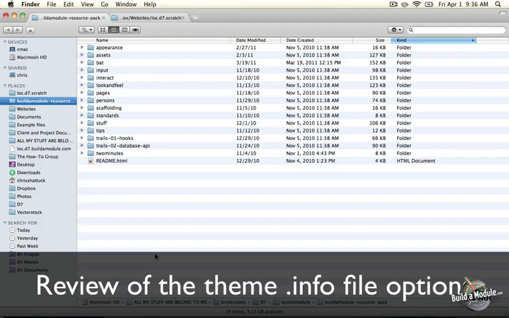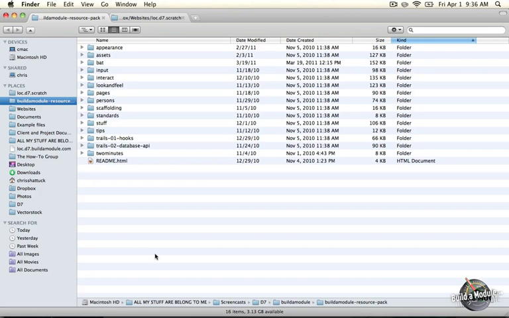We're about to begin actually building our theme from scratch. And our first step is going to be creating our theme folder and adding a theme.info file inside of that folder. But before we actually do that, I wanted to go over the different options that were available to us in that .info file. So go ahead and go to your resource pack folder, and we're going to open up